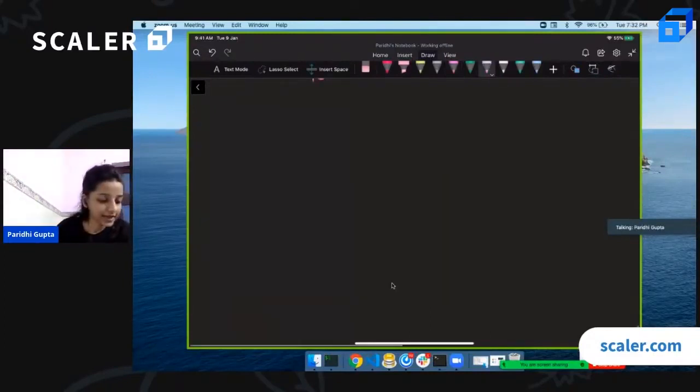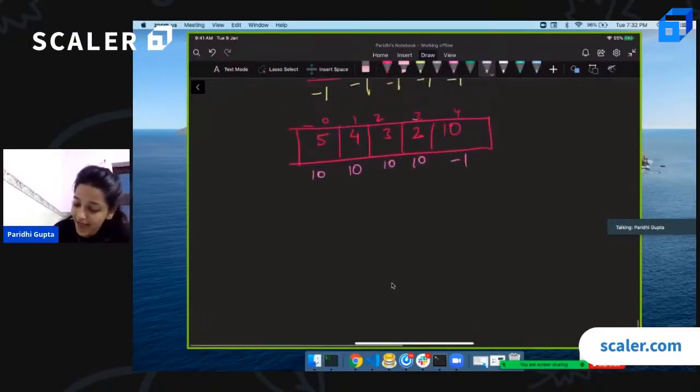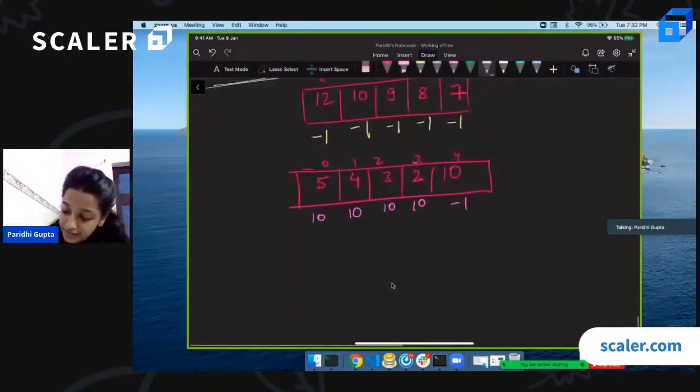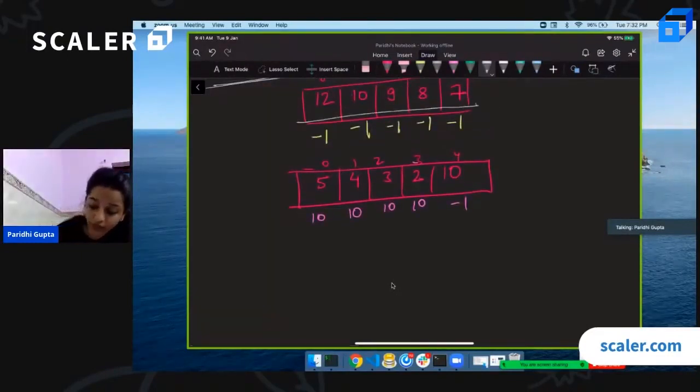Cool. As you can see, when the sequence was in decreasing order, we got minus 1 for them. And here we also had a sequence in decreasing order. But once we got an element which was greater than them, the answer for them became 10.